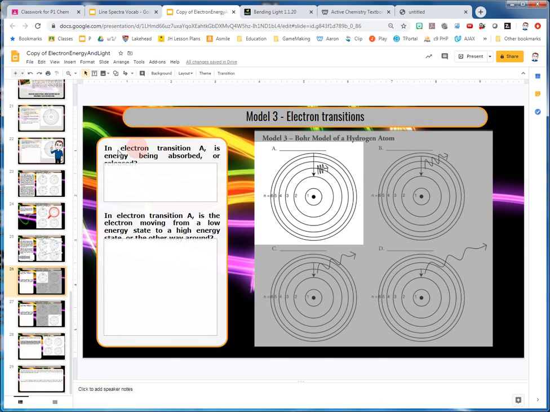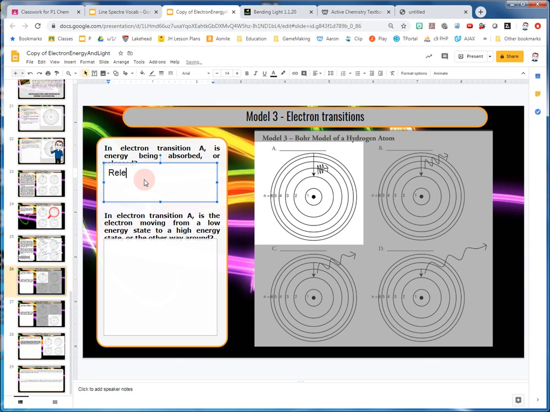Uh-oh, got a little messed up here. Oh well. In electron transition A, that's this one, is energy being absorbed or released? Well, what do you think? Is energy being absorbed or released here? If that electron is going from the outside level to the inside level, is energy being absorbed or released? Well, hopefully you said released